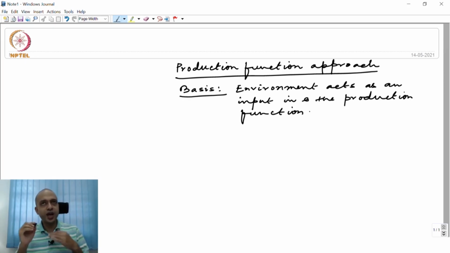This is the basis. We assume environment acts as an input